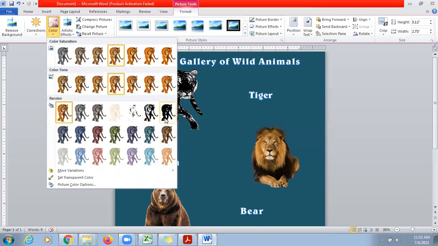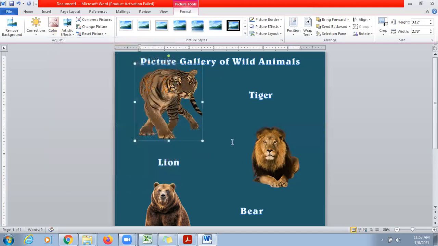I wanted to make a black and white tiger. I wanted to make the color tone very sharp. I wanted to make a tiger with a red color or a blue color, or maybe this one. So you can adjust it and do the changes according to your requirement.